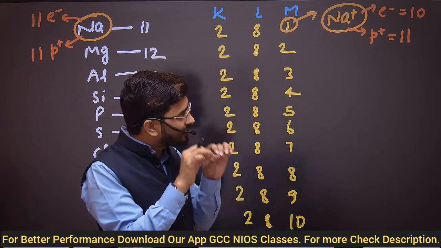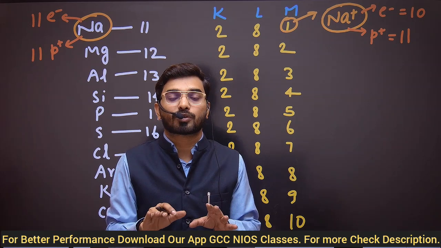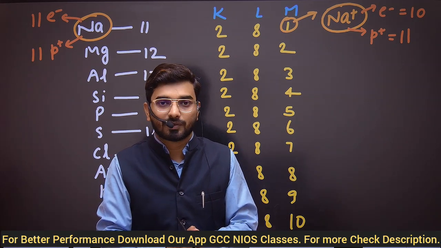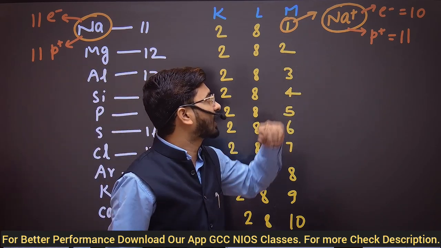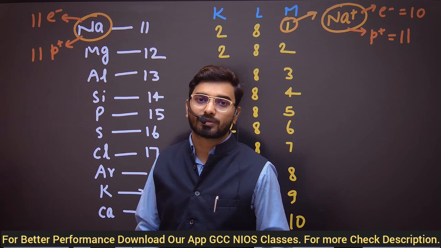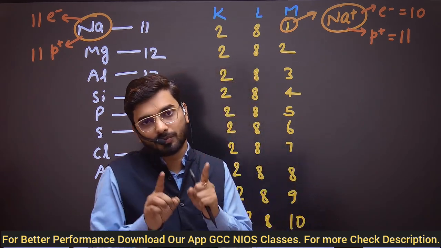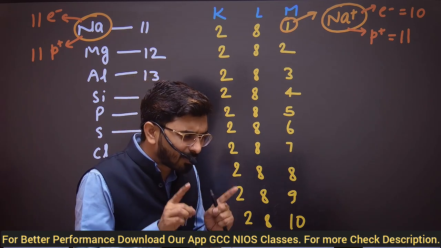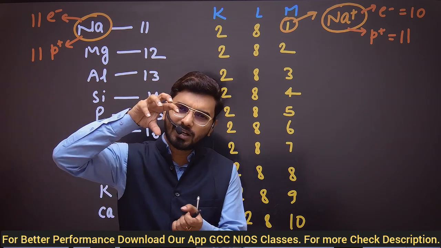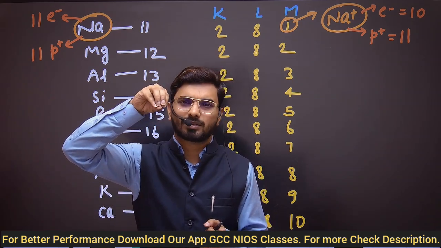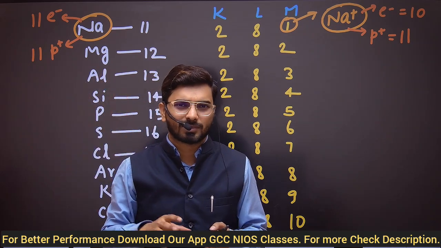So this is the basic thing that you should know exactly: the number of protons, neutrons and electrons. If I ask an extra question, how many neutrons in Na plus and how many neutrons in Na, in that case also there is no change in the number of neutrons, because neutrons also exist in the nucleus of the atom. Imagine what the nucleus of the atom is. It's the middle part, the center, that cannot be mobile, right?